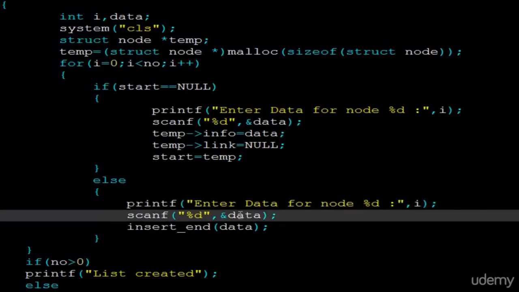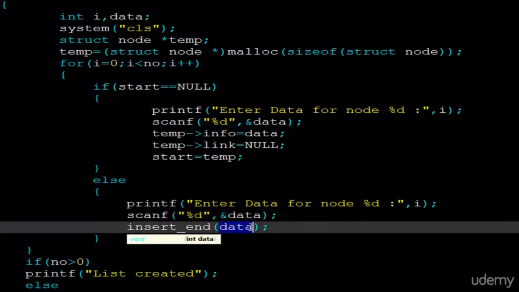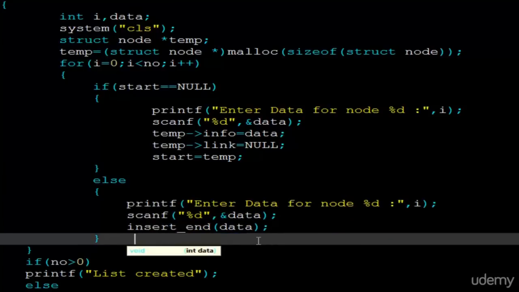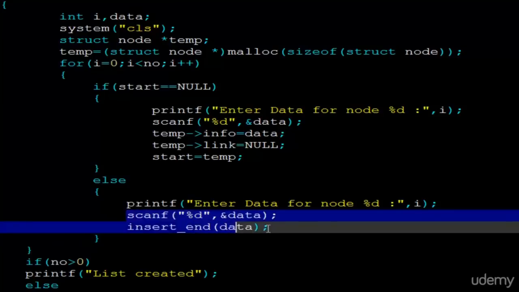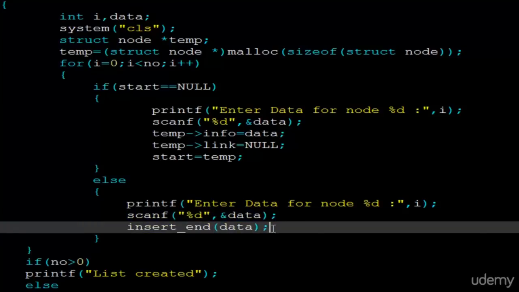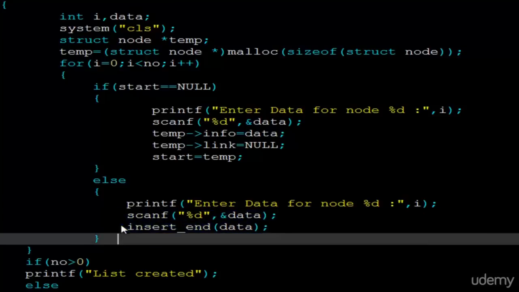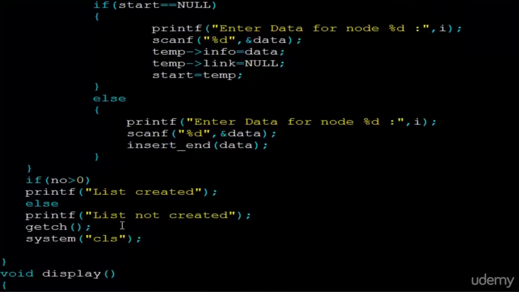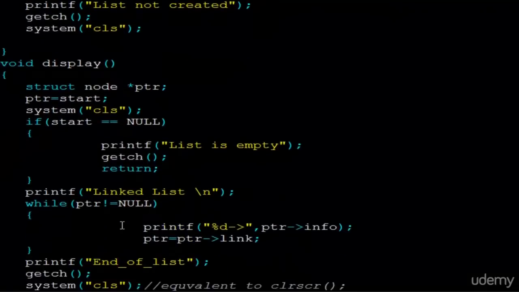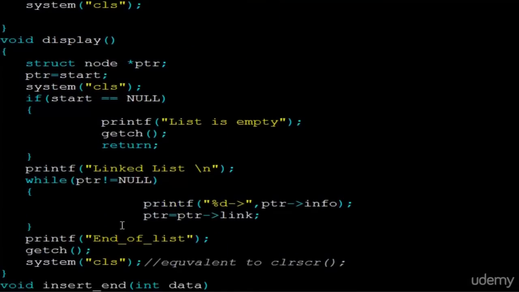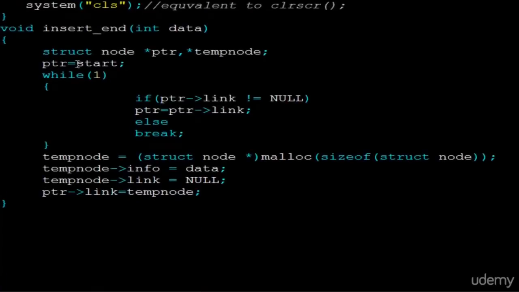We will pass this variable to the insert at the end function. This function will insert the particular node at the end of the list. So this is the very easy mechanism by which we will achieve multiple node creation in one shot. This is the display function, and this is the insert at the end